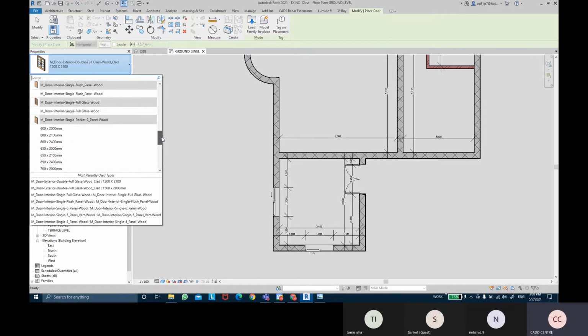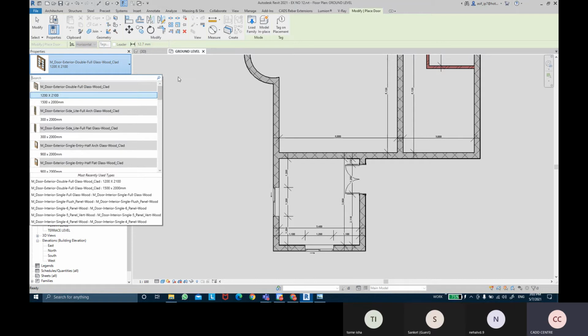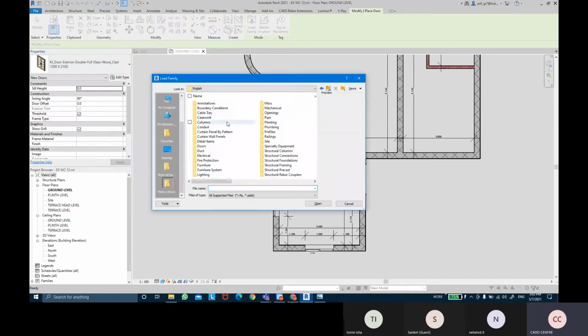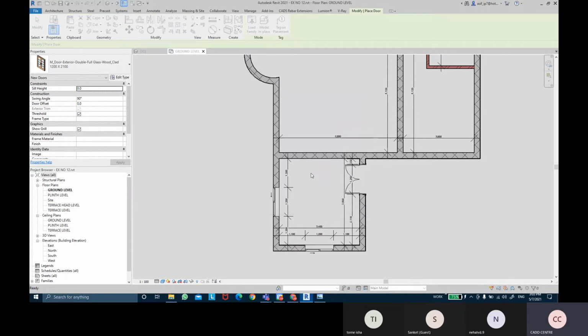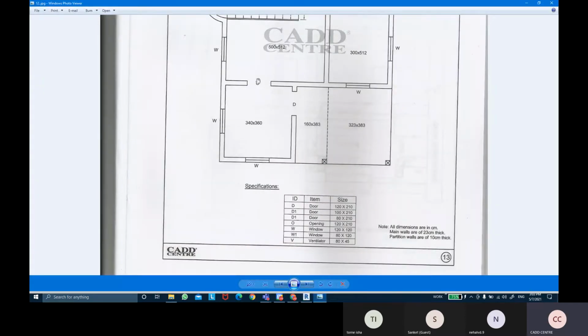It's not loaded, so we can come to load family, and in the folder of doors, the door opening. And that door opening is